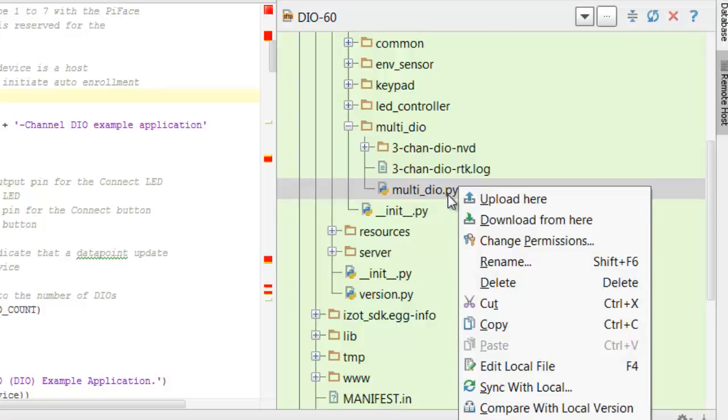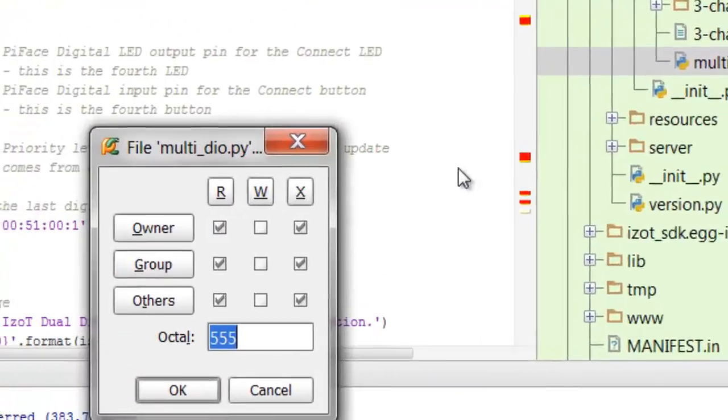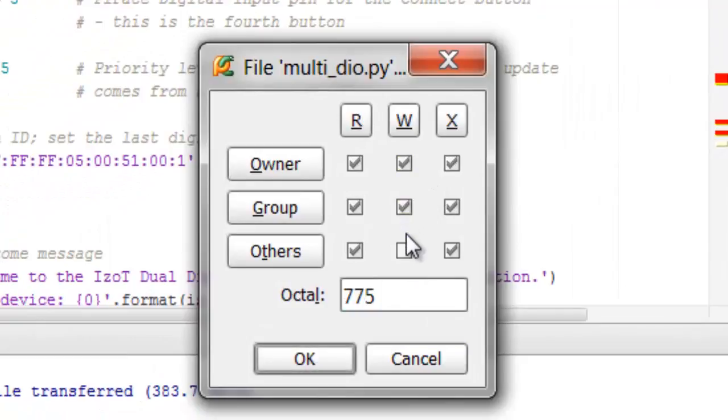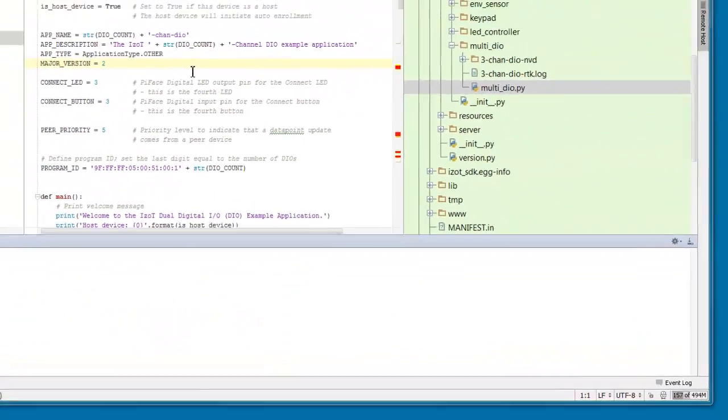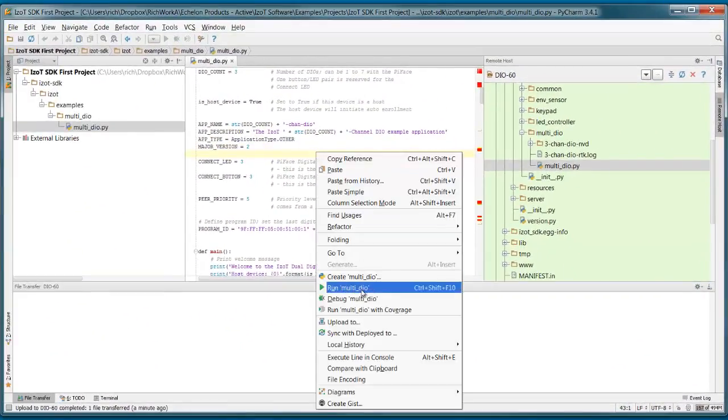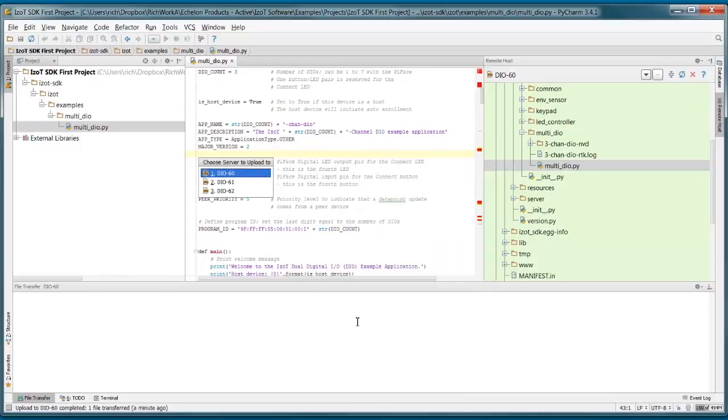The permissions are set to make it read-only. But I can say right within PyCharm, I can say change permissions. I can say make the file writable. Click OK. If I right-click within the middle pane and select Upload To, I'm given a list of all the